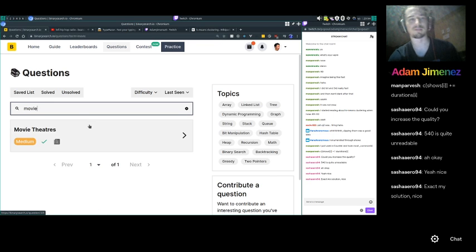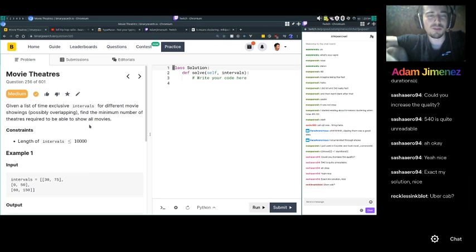Movie theaters. So yeah, this one is medium. And it asks you the minimum number of theaters required to be able to show all movies. So basically the maximum number of movies running at any time.